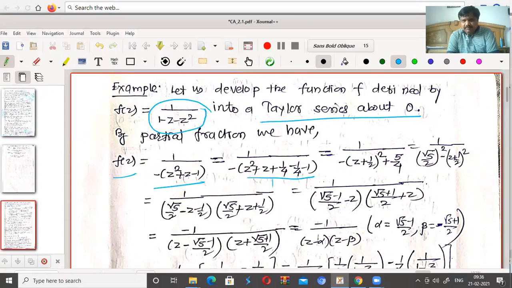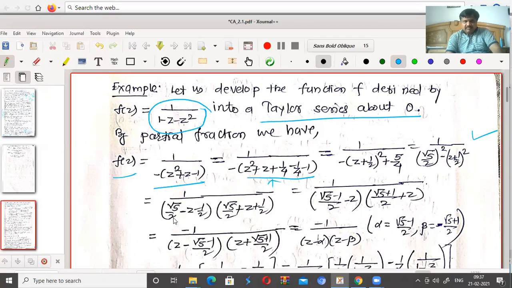One by 2 is the coefficient of z, and it's a square. Adding and subtracting, equal to 1 upon minus of z plus 1 by 2 square minus 5 by 4. If I take it outside, we get plus 5 by 4. That is root 5 by 2 square minus z plus 1 by 2 square,